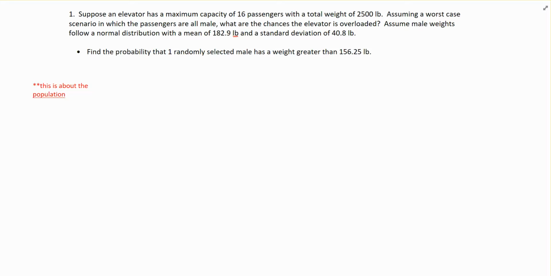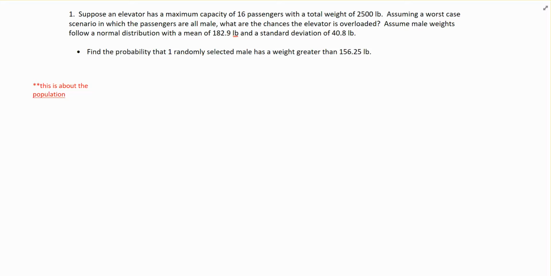So the idea behind this particular question, when you walk into an elevator, if you look somewhere around the elevator from the inside, you'll see that plaque which tells you the maximum capacity by weight. I don't know if it has the number of passengers or not, but I kind of think it might. And that's what we're dealing with right now.